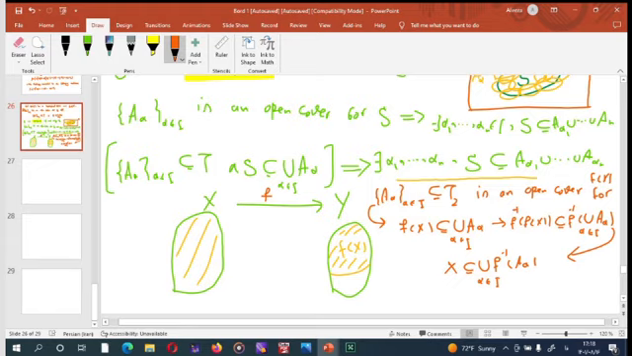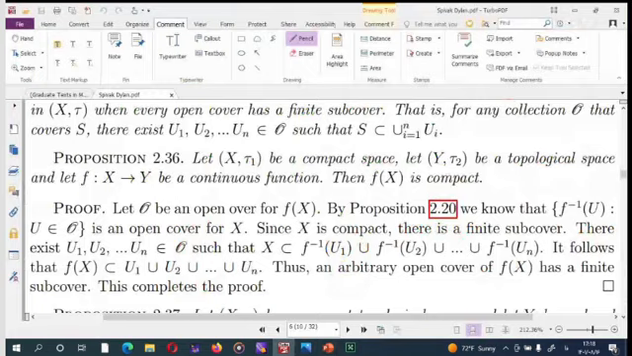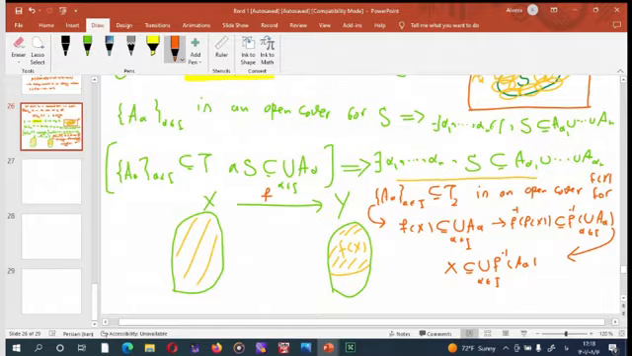Now by this proposition we know that all of these sets are open, so by proposition 2.20 this family is an open cover for X instead of f of X, okay,